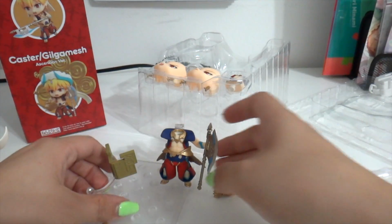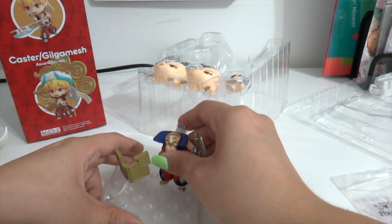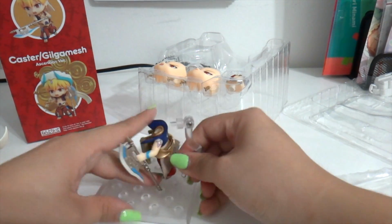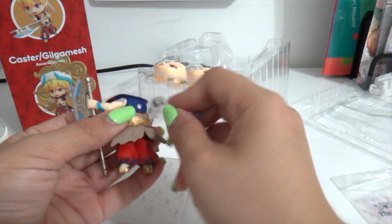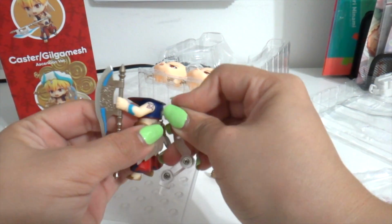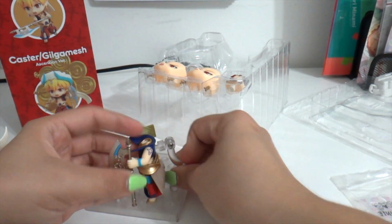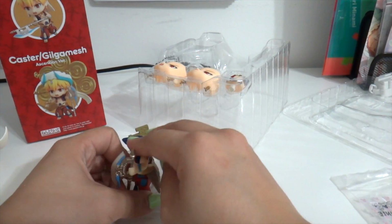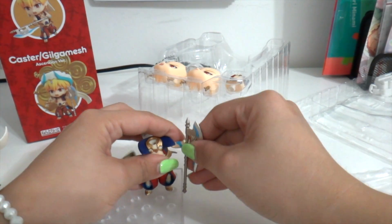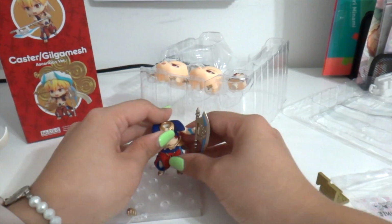Good Smile, what's going on? We should be having better materials for items. I don't mind the price for some of these Nendoroids because I can see how they can have a lot of pieces and they can be complicated. I understand the price for this Nendoroid. I'm not complaining about the price. I paid the price. But if I'm paying that much, it means that I'm expecting it to have the earrings